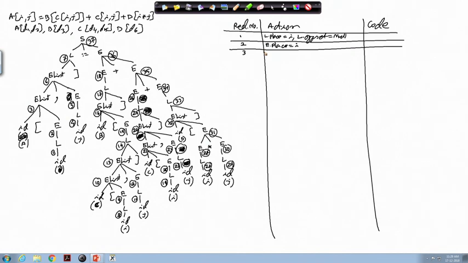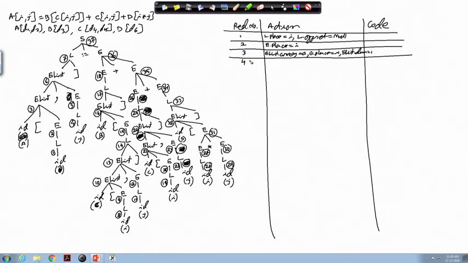So, with the E list, it will associate E list dot array as A, then E list dot place as I, and E list dot dimension equal to 1. So, this is reduction number 3.